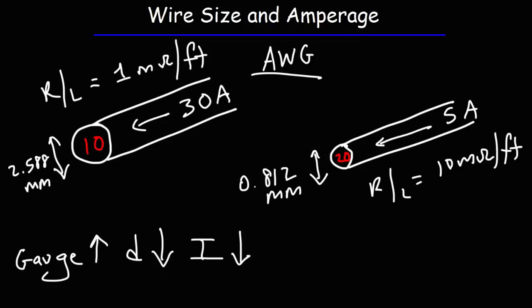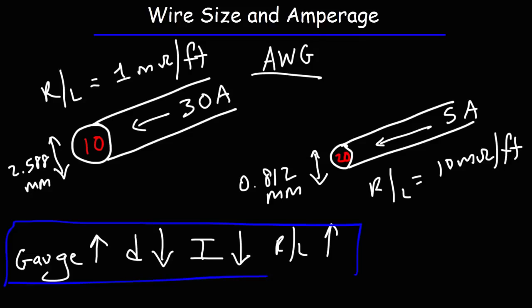So as the wire gauge increases in value, the resistance per unit of length increases as well. So these are some things you want to keep in mind. As the gauge number increases, the diameter size decreases, the amount of current that it can handle decreases, but